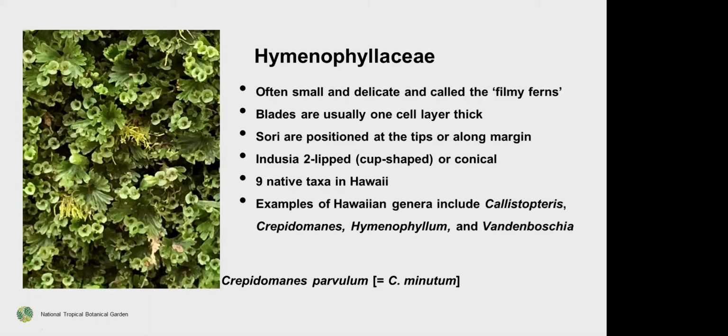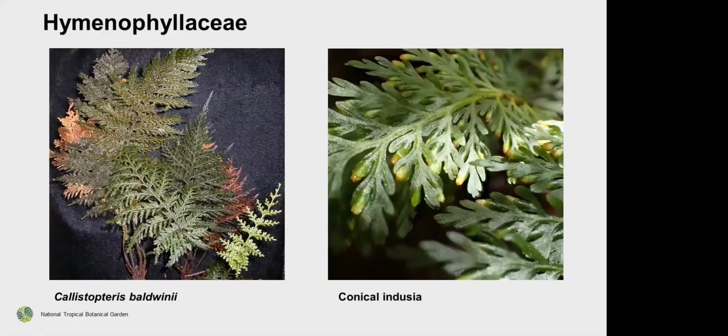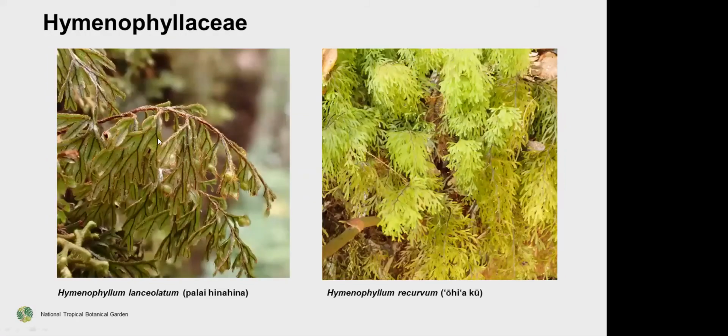Here we have Crepidomanes parvulum. Many of you might know it as minutum, and the names do change, as we all know, as we learn more and more. Here's a good example of the cone-shaped indusia on the Callistopteris baldwinii. Here you see the erect rhizome as opposed to one that would be creeping and sending up its fronds. Hymenophyllum lanceolatum, another interesting one that covers trees and is quite abundant in the Hawaiian Islands, including Hymenophyllum recurvum. These you'll see everywhere, and